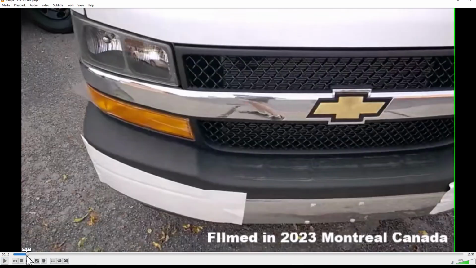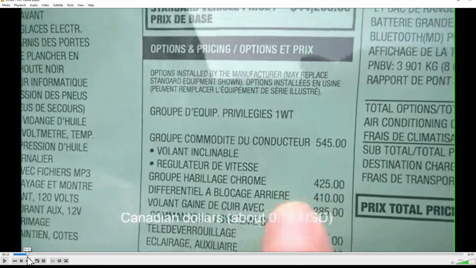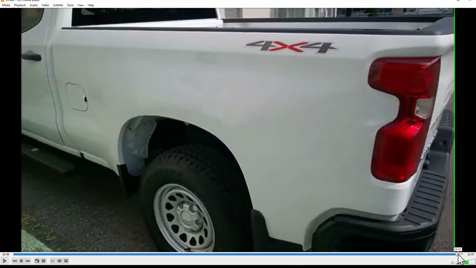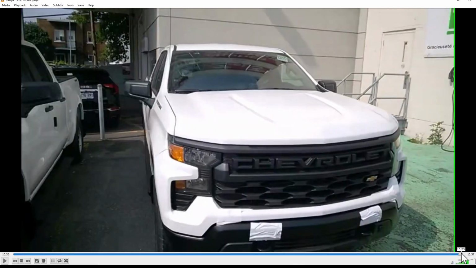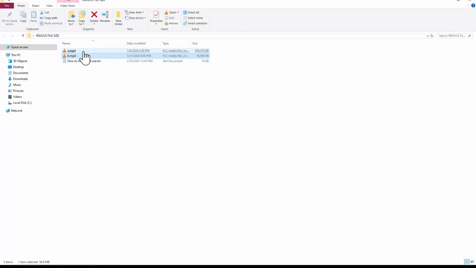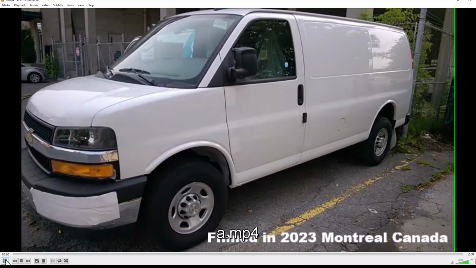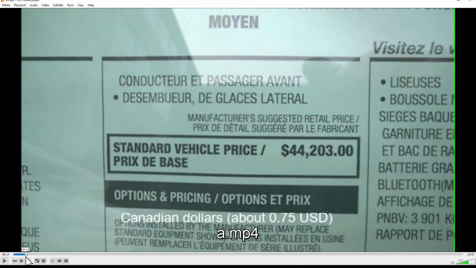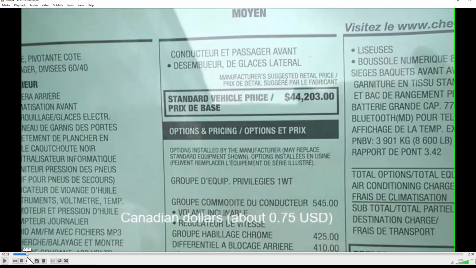Again, maybe if you read the text, you see the text, the quality. Again, it's the same video. This is the end of the video. Let's see again, perhaps the text of the original one. This is a Chevy. So this is the same text as in the other video.